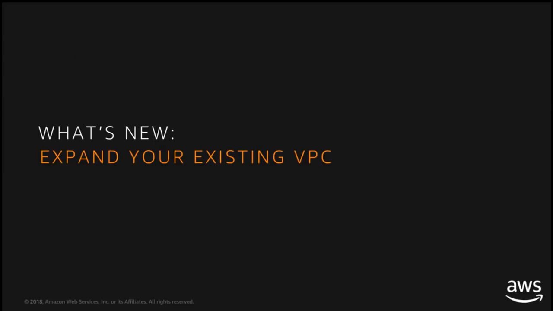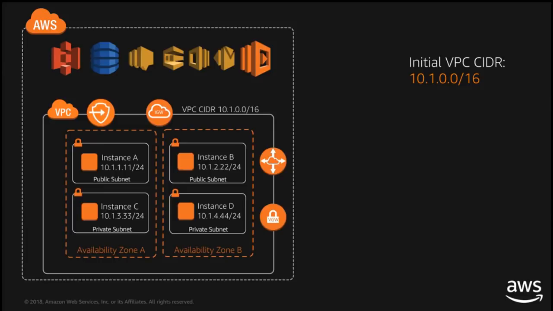So let's talk about expanding your existing VPC CIDR range. If we take our same application here, we've got an existing CIDR range of that 10.1/16. We have a set of subnets in here. And it's good that we have a /16, we have a lot of space to expand, but maybe a couple things could happen. Either we run out of addresses in that /16, maybe we didn't use a /16, maybe someone gave us a /22, which gives us a very limited number of subnets. And either we want to re-IP our instances, or we run out of room and we want to add